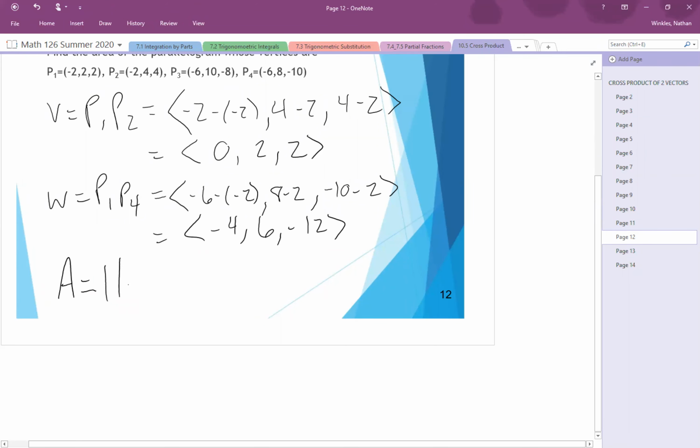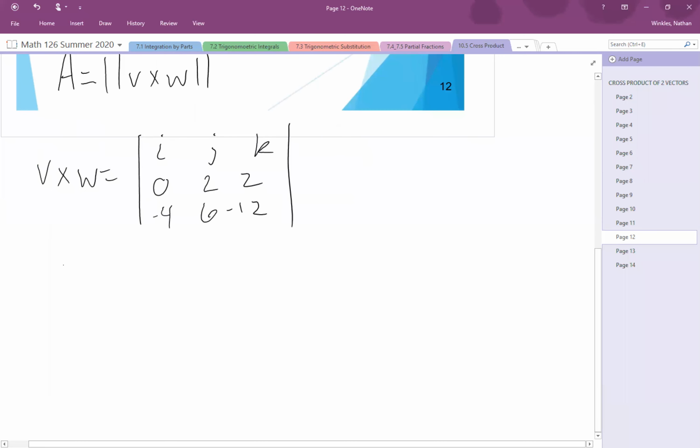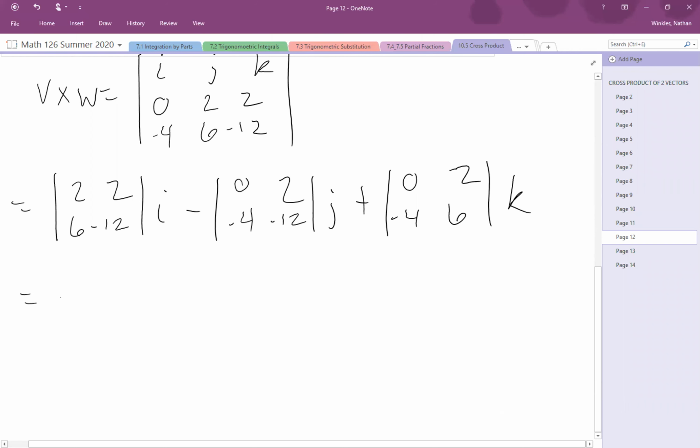our area is equal to the magnitude of V cross W. So we need to find V cross W first. So that's our I, our J, and our K. We have 0, 2, 2, and we have -4, 6, -12. So this is going to be the determinant of 2, 2, 6, -12 times I minus 0, 2, -4, -12 times J plus 0, 2, -4, 6 times k, which is